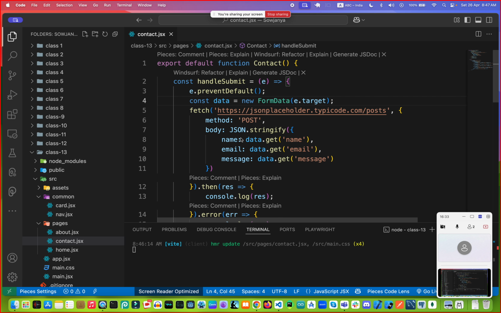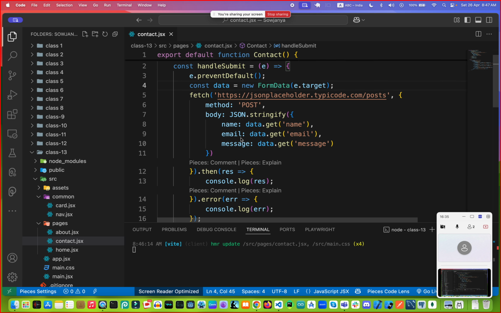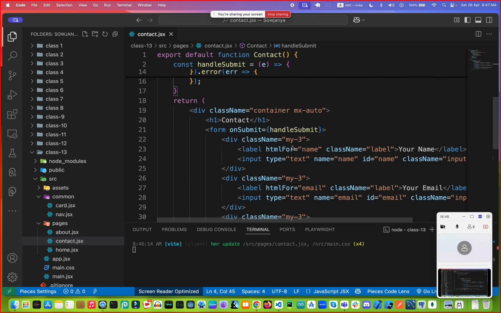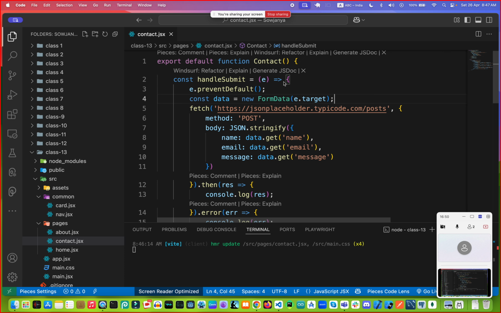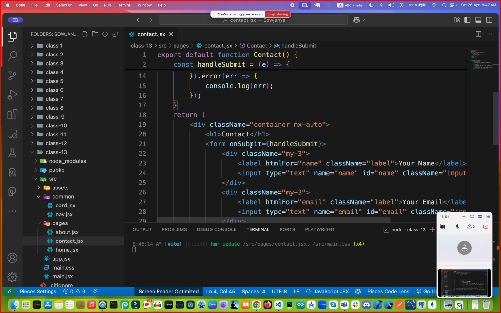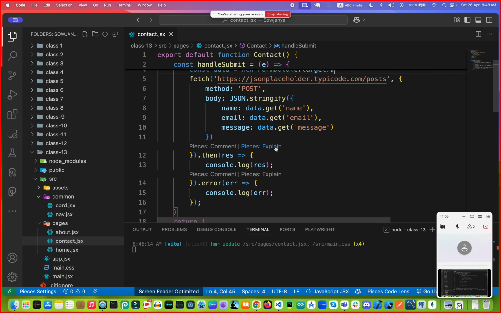Okay, so how can we submit our form data to the server? It is our current discussion topic. So currently, this is the form, and these form inputs are here. Use the handle submit, and this handle submit is used with the form's onSubmit event, and once